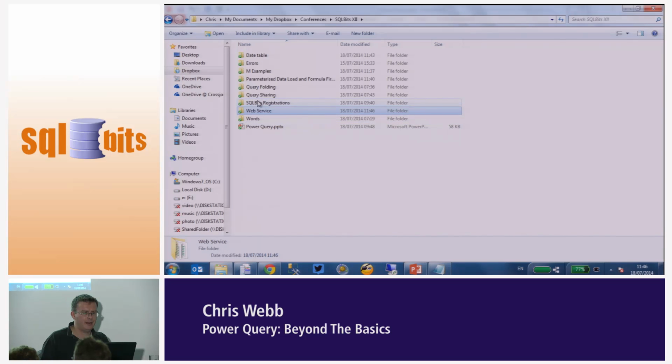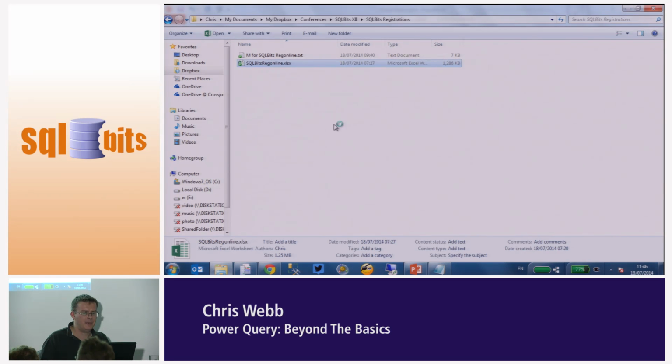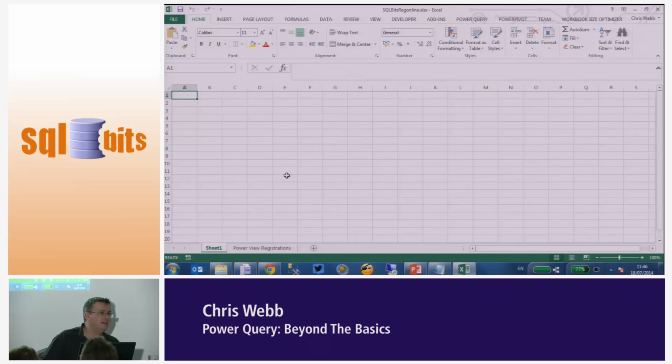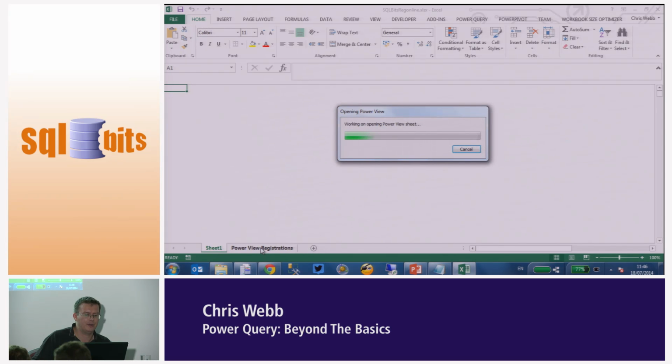But I have to be very careful here. Being a fan of Power Query, I built a Power Query workbook that connects to Reg Online. So here at SQLBits, we use Reg Online to handle all of our registration data, and we've got a web service that we can call from there. So what I did was use Power Query to go in and grab all of the data from Reg Online